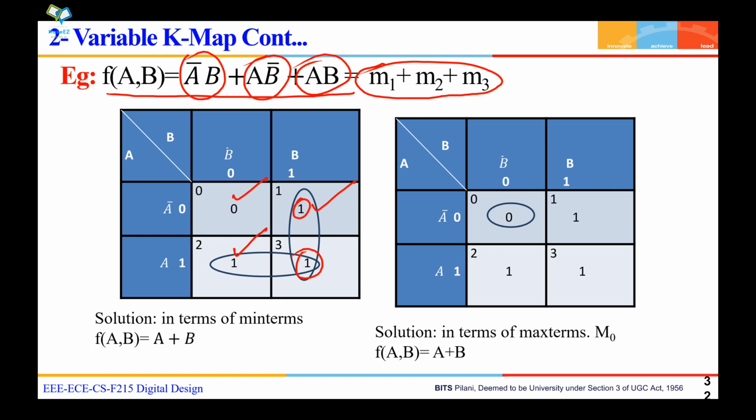Right. Now see, we are using minterms. In this table we are using minterms because we are entering 1 in minterms. Right? Now you see here. How to simplify this? We can simplify this Boolean equation using a concept called grouping.